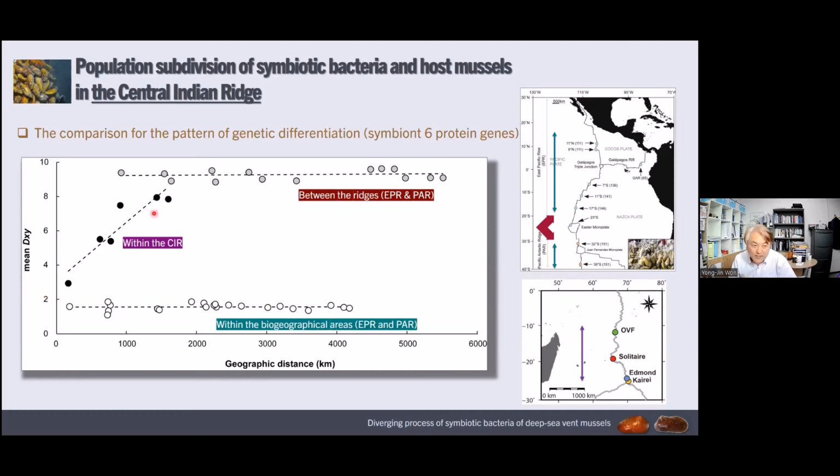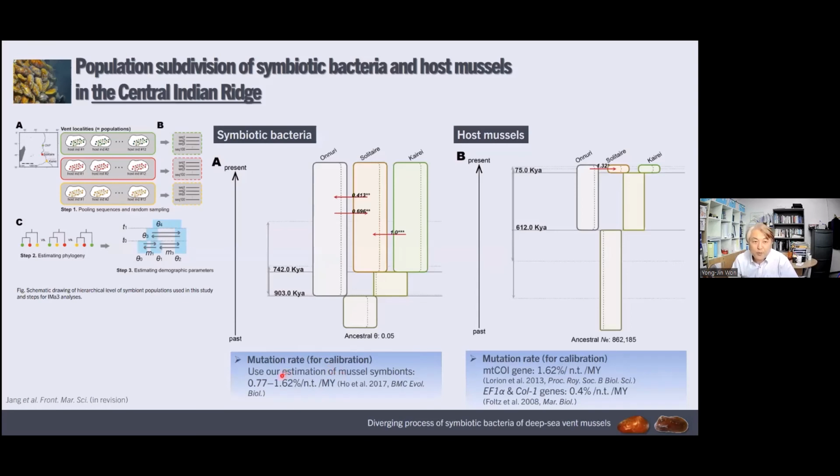So we see a clear increasing relation, a positive relationship between the XY and geographic distance. So we found here an ocean-based difference in terms of bacterial diverging process. And we applied the IM model to this bacterial sequence data set from different areas, and we pulled their NGS